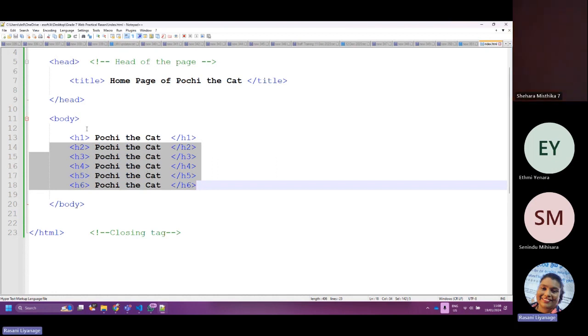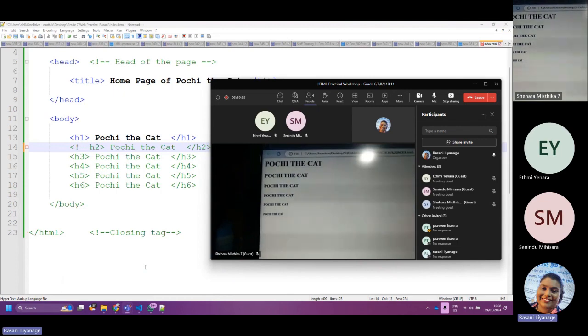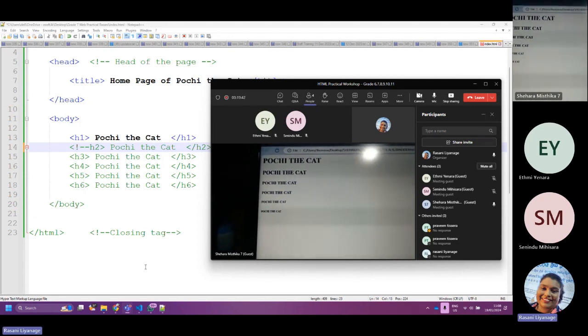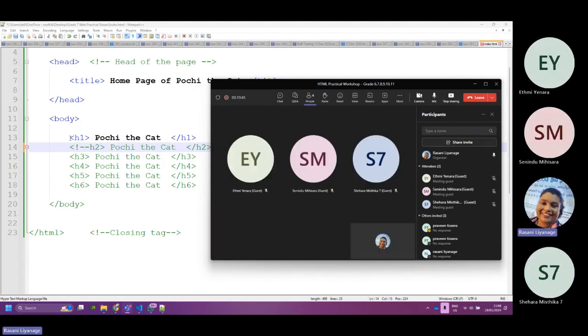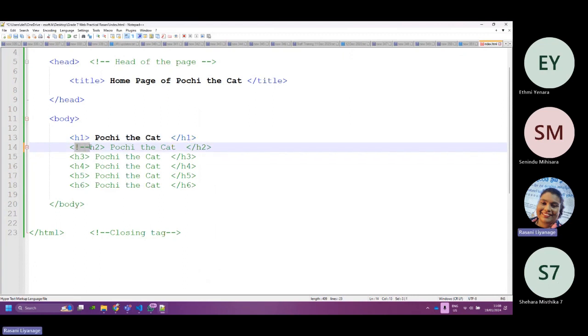How to comment? Go in front of H2, and put an exclamation mark and double dash. Teacher, I'm showing you. Wow, that's nice. Well done. Now we'll comment the rest and keep only H1, Pute. So in front of H2, double dash.